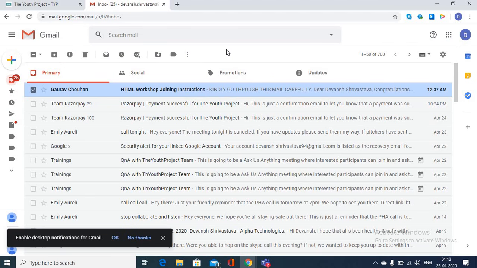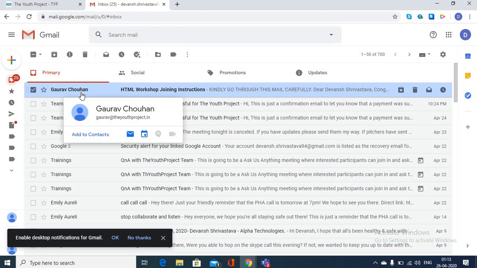If you have opted for any of the Youth Project's courses or workshops, then you have given the email ID to us. You have submitted the email ID somewhere in the registration process. And on that particular email ID, you must have received an email from the name Gaurav Chauhan. He is one of the members of the Youth Project.